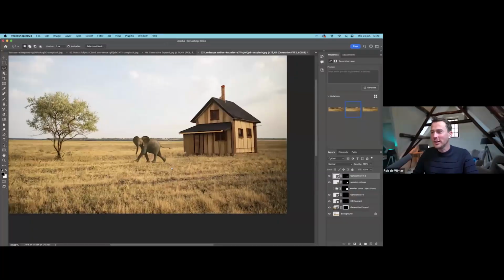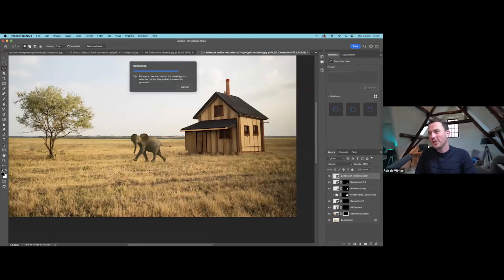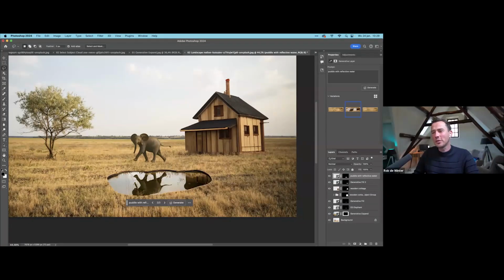One of the things I really like is creating reflections in Photoshop generative fill. We have a lasso selection here. And when I go to generative fill again, I want to create a puddle with reflective water and then click generate. The fun thing is that you also will see the reflection of the elephant inside, but you can see the result here. I'm not really happy with the border of this puddle of water, but I will show you